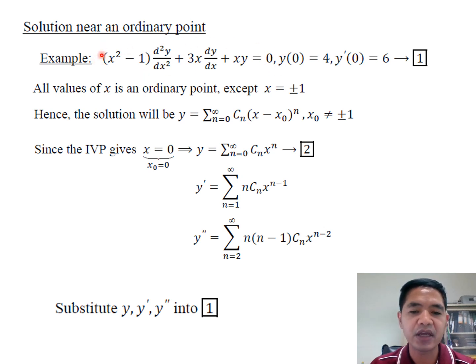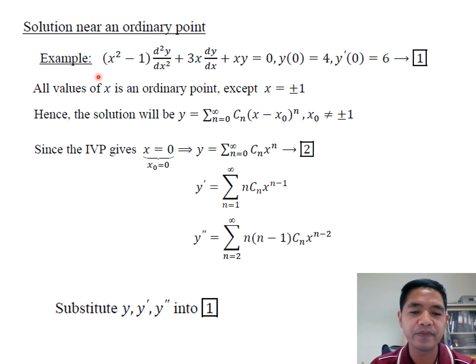So in the first step, you can rearrange this into the form of equation 1 from the previous slide, or you just take a look at these functions. This is P(x), Q(x), and R(x), right? P(x) is x squared minus 1. So when you consider this,